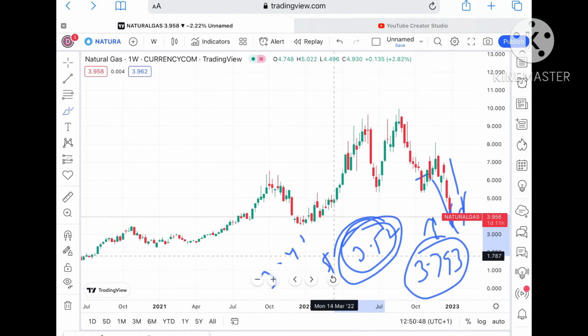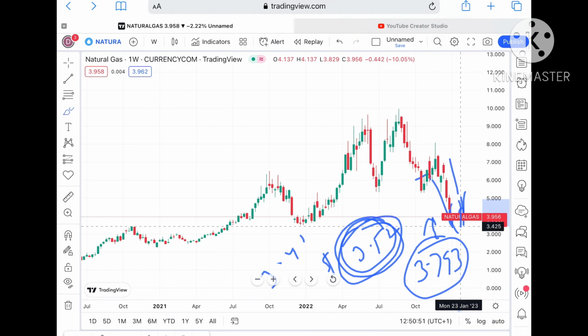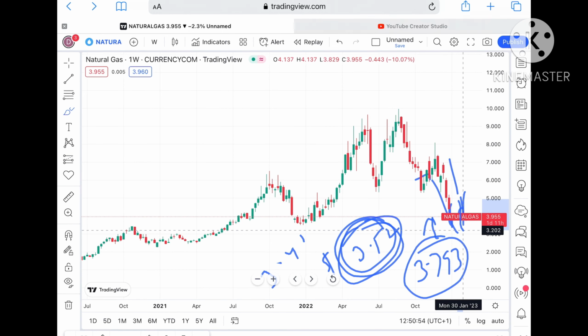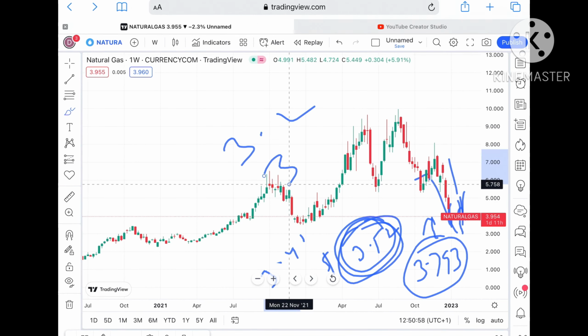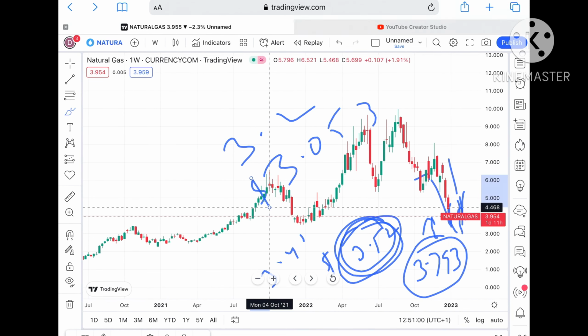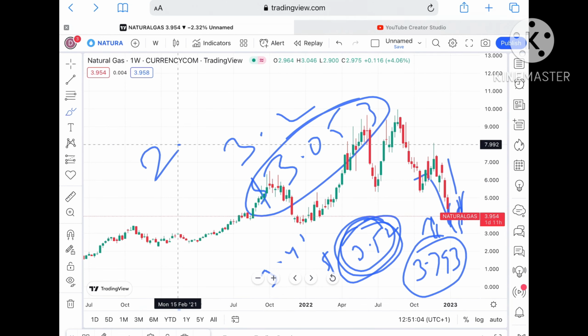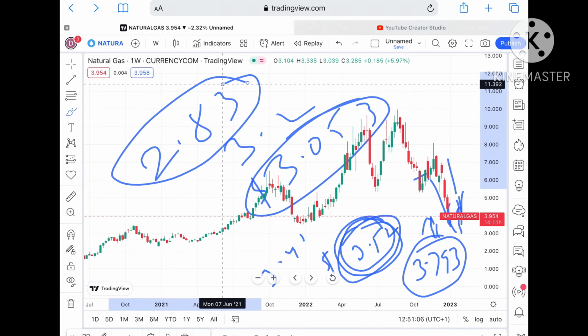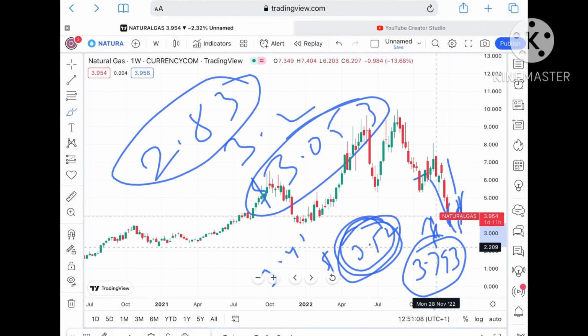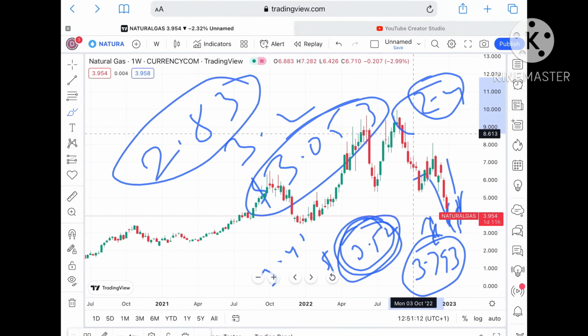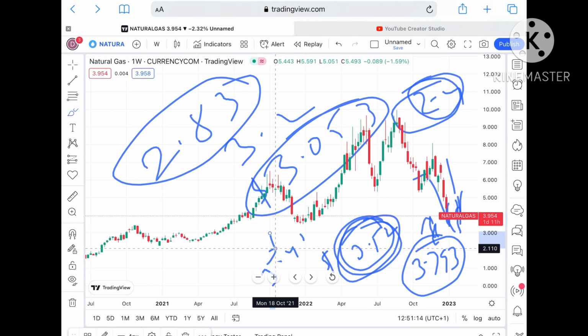This $3.5 is a weak support, so chances of moving further low are there. We can see a level of $3.2, and from there a level of $3.053. Keep this in mind: once it falls below this level, it can fall further low towards $2.803. From there it can move further low, and the probability of going towards a level of 2.4 is there, and once the price falls below this level, it can move further low.